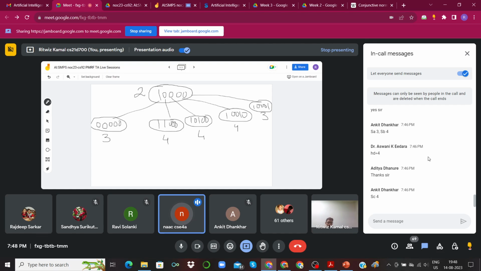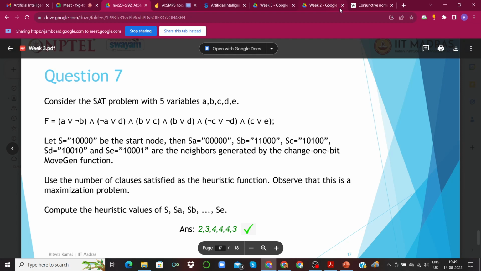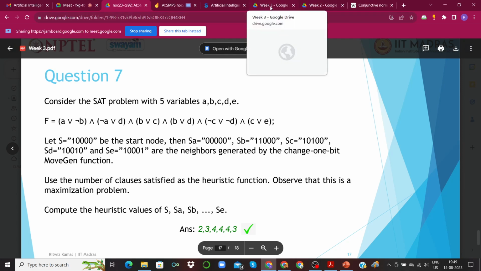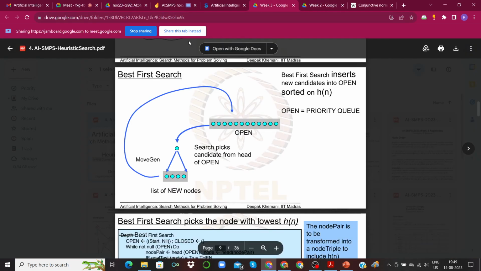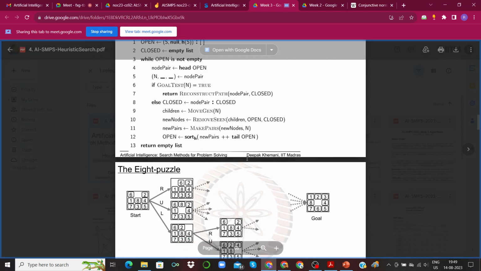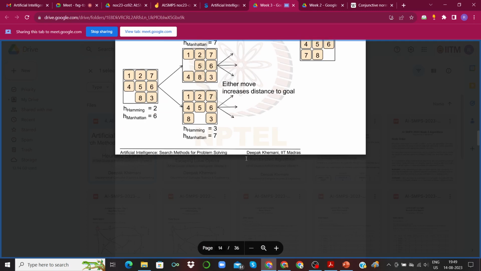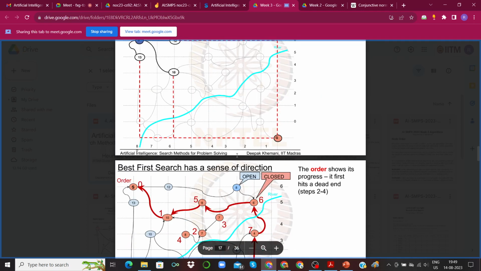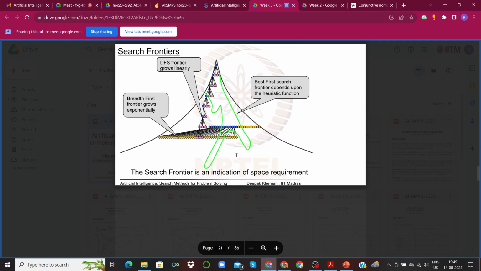Sir, what is beam? There is a question that is mentioned in the assignment. Determine the two nodes in level. Okay, so you might be referring to this beam search method, is it? Let me verify it. It's from this week 3, right? Yes, sir.